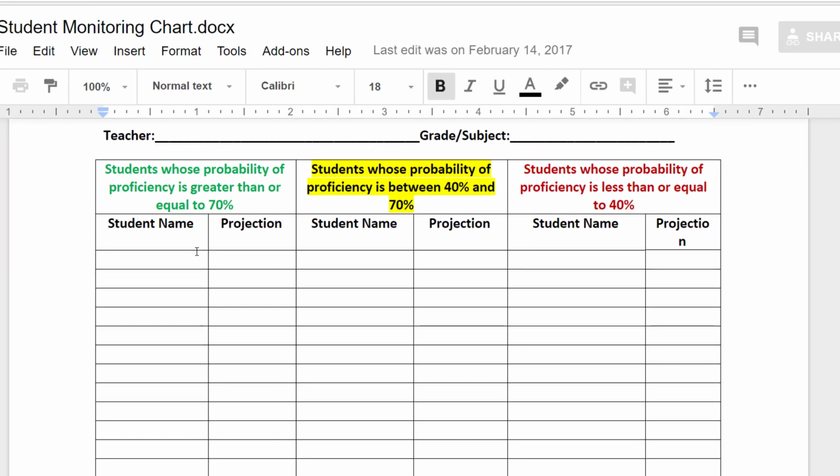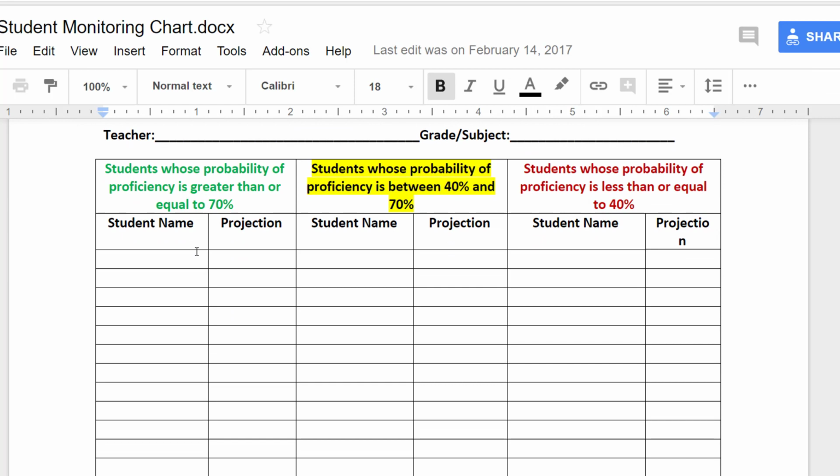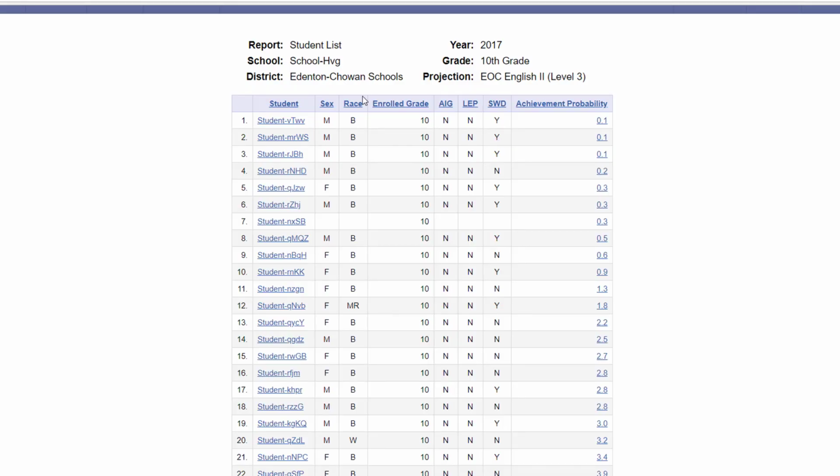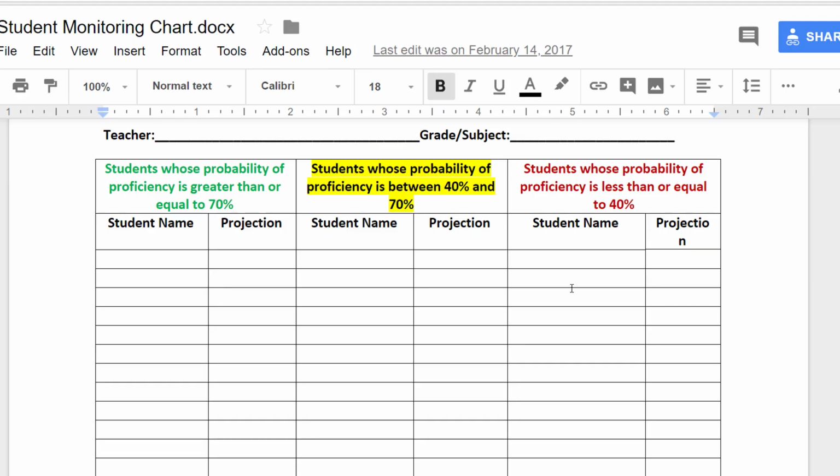So what the teachers will do is they'll go in and they'll click on each one of those groups of students and they'll complete this chart. You could print out an electronic copy of this and have the same information, but when you have to go through the sheet yourself and you have to write down the student's name and their projection, it just personalizes the information for you, and it helps you get the names of those students in your head so that when you're teaching them, when you're planning your lessons, when you're calling on them in class to answer a question,